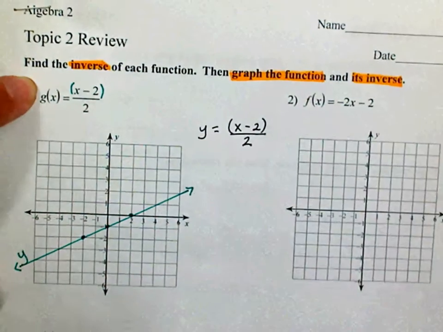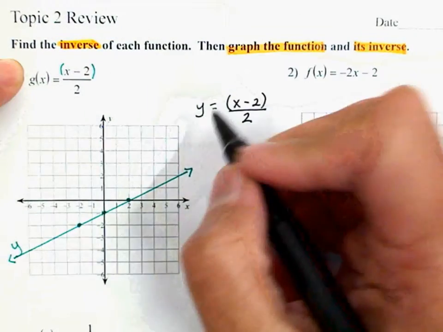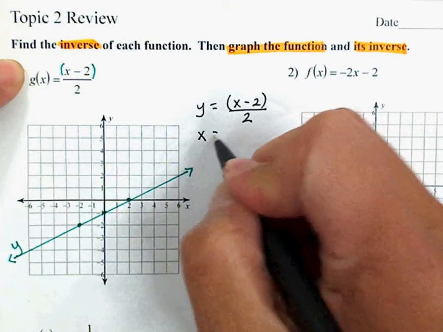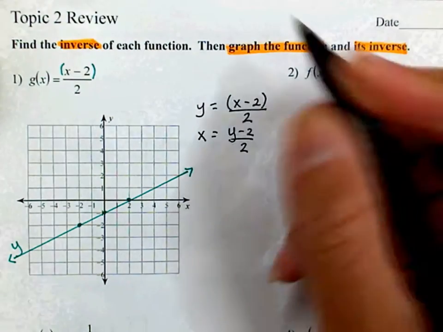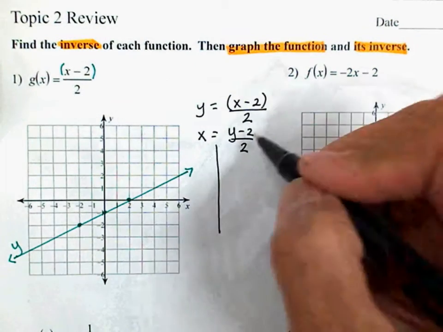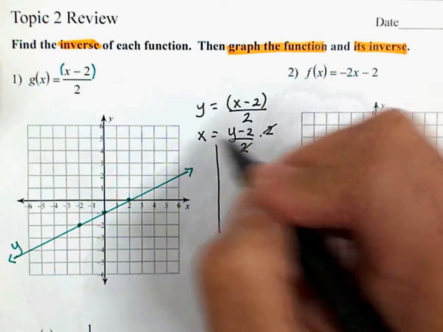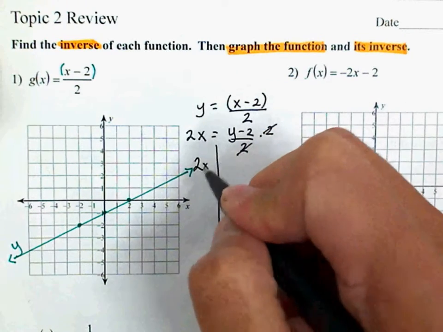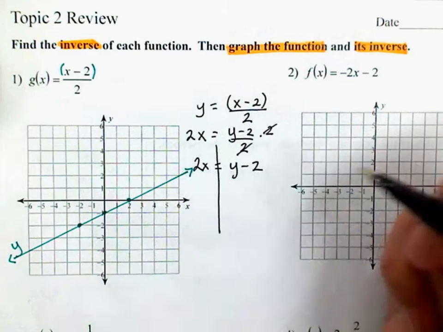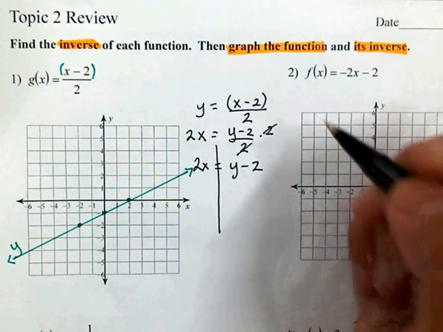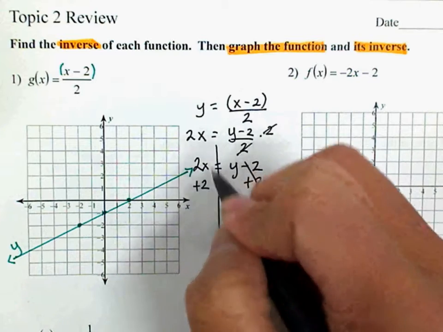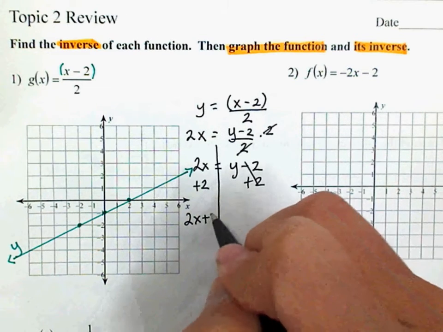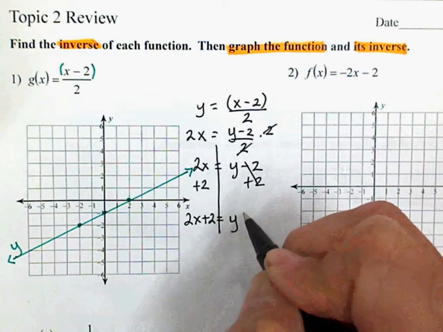Step number 1. You're going to switch your x and your y. Y becomes x. X becomes y minus 2 divided by 2. You need to solve. Times both sides by 2. So now you have 2x equals y minus 2. Solve for y, add 2 to both sides. Don't put them together because they're not like terms, and then you have your y. Add a negative